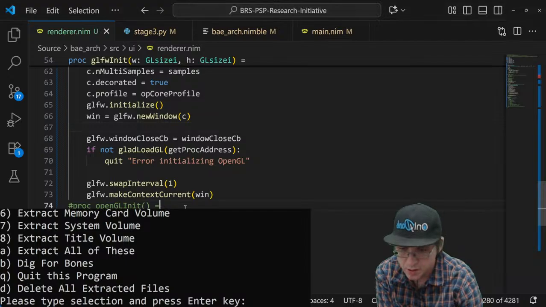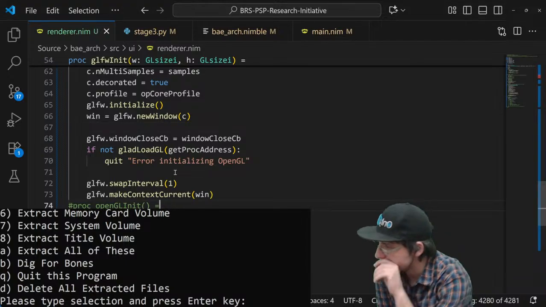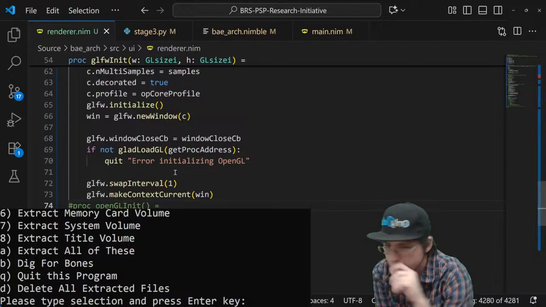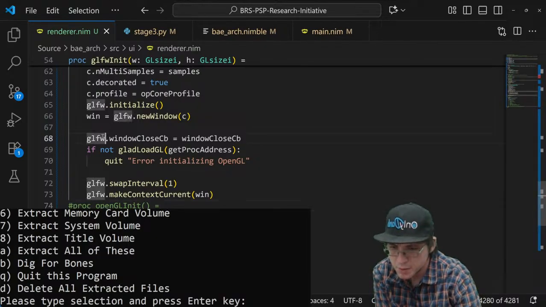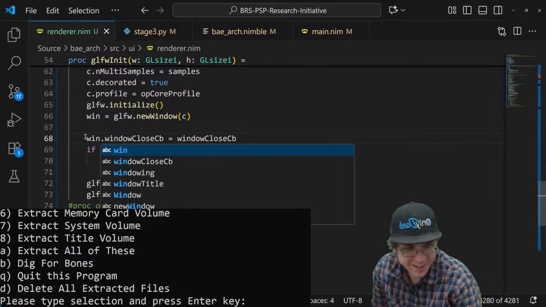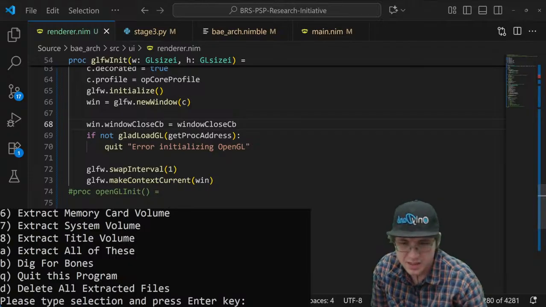Am I done? That's correct. And it says it's got to be not GLFW, it's got to be window. Or win. Whoops. I'm definitely dumb at the moment. Let's try that again.